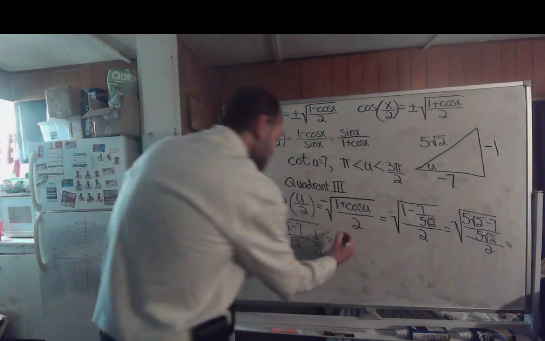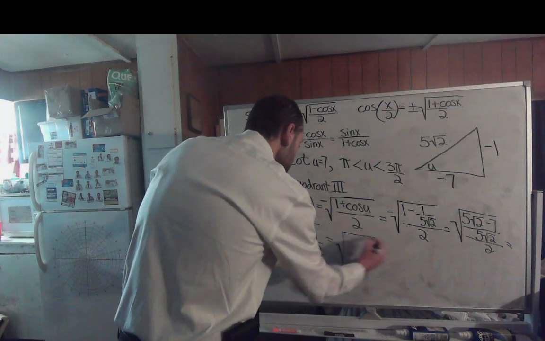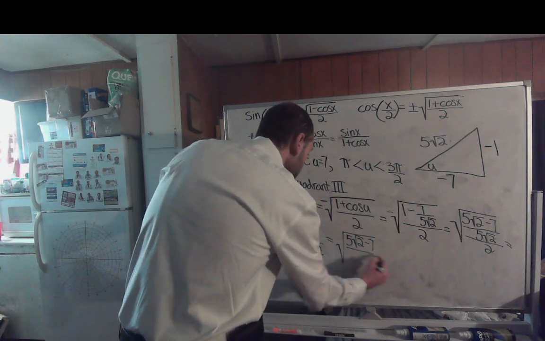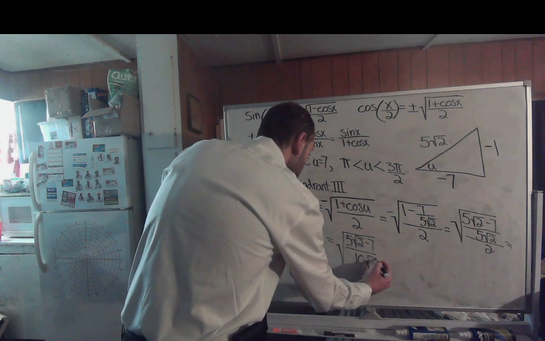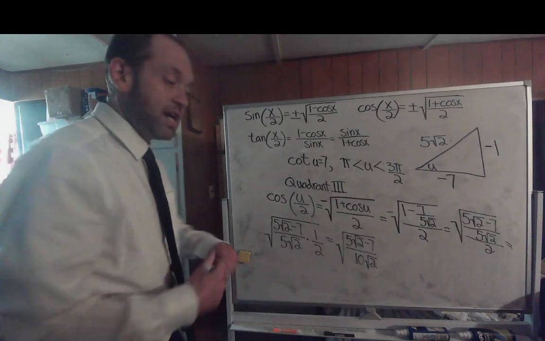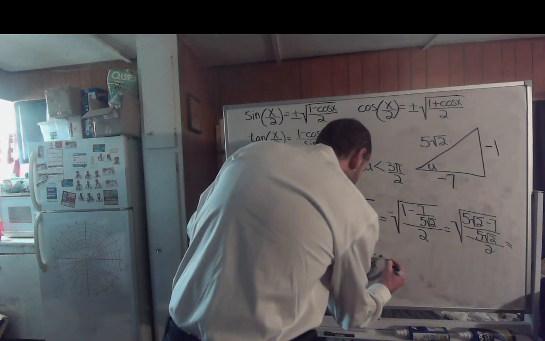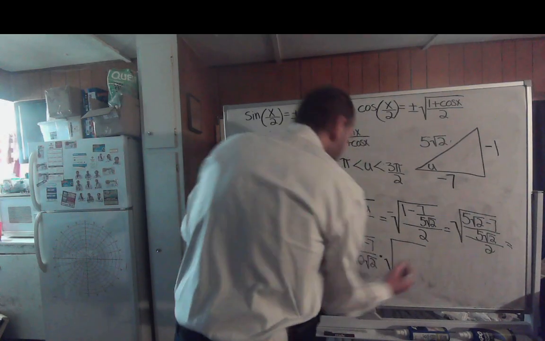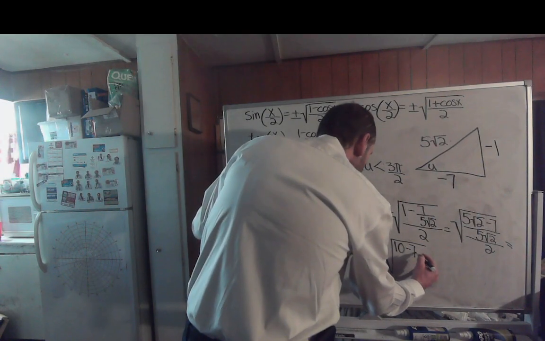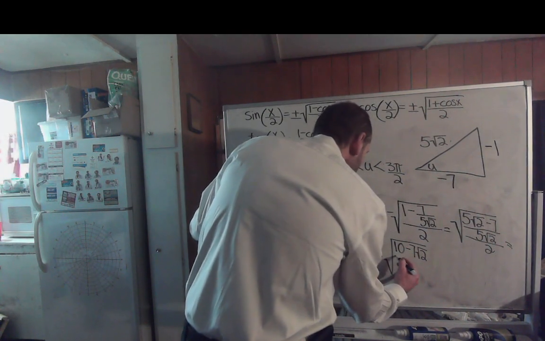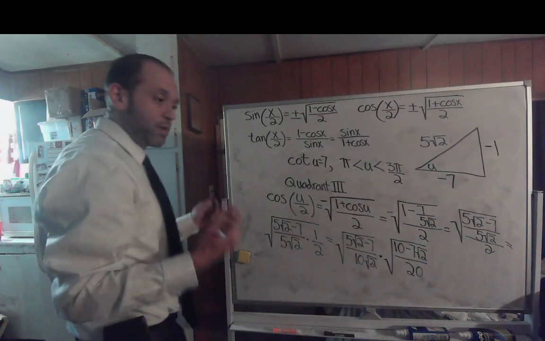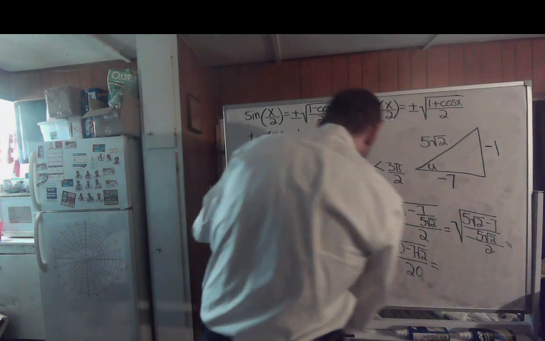So that's going to end up giving you the square root of 5 times the square root of 2 minus 7 all over 10 times the square root of 2. Well, let's at least rationalize the denominator in the radical. So that's going to end up giving you the square root of 10 minus 7 times the square root of 2 all over 20. Well, square root of 20, square root of 4 times 5, so your final answer,